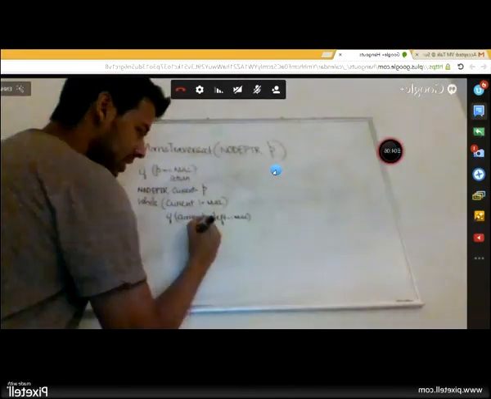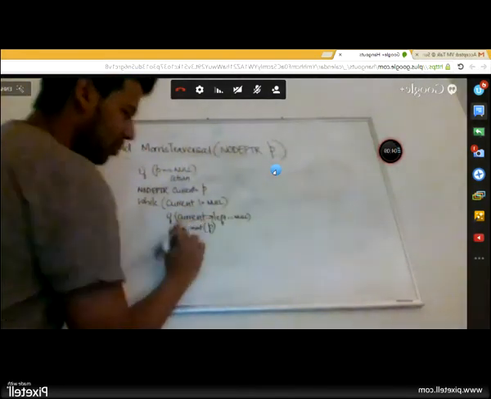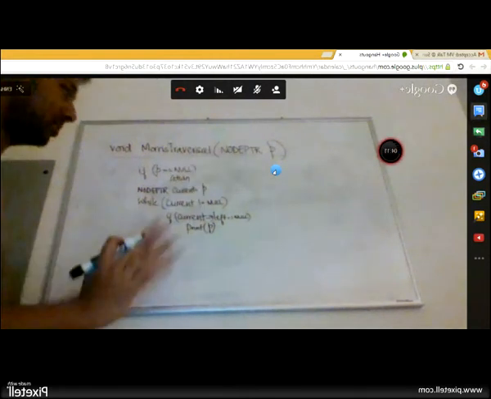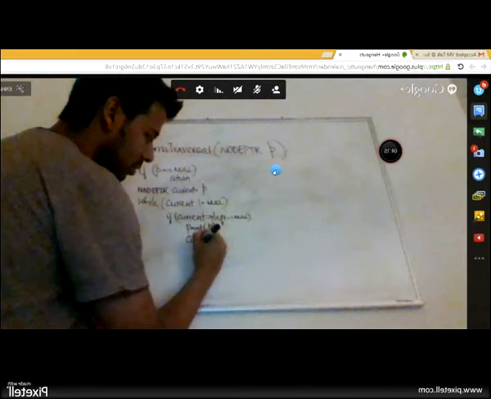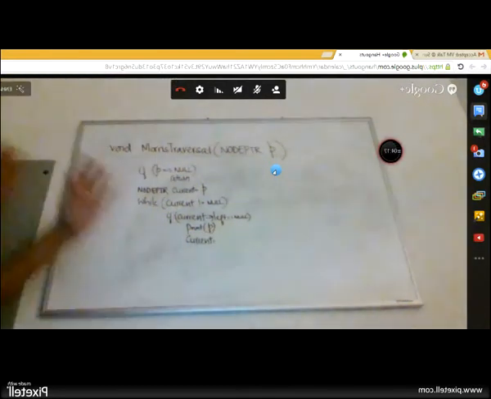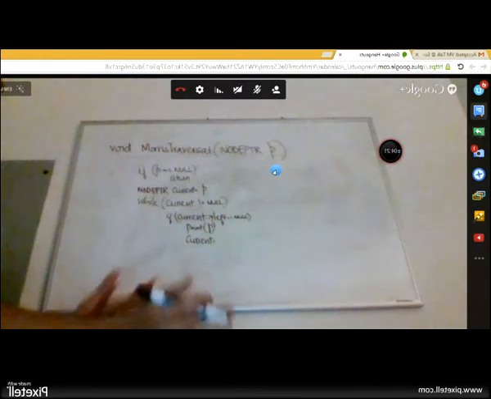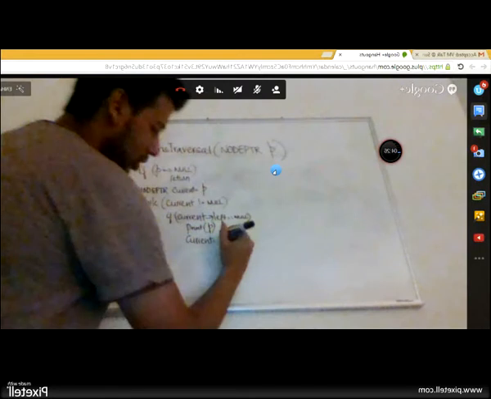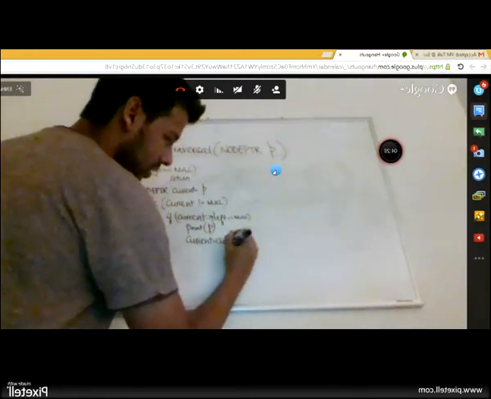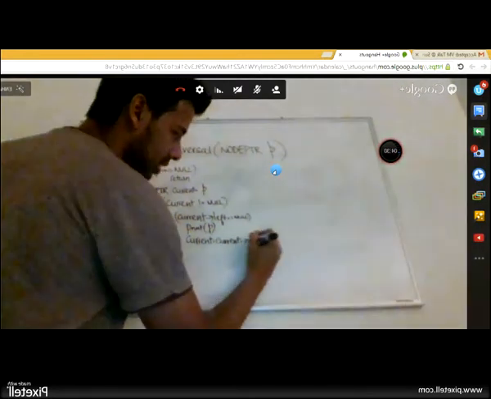Only in this case I need to print the root node. Let's say I have a print function which prints the data part of P. And then assign current to right. I'm done with my left tree, I'm done with my current node, and now I dump the problem down to my right subtree. We go back and apply the same logic for the right subtree. Current pointing to right.